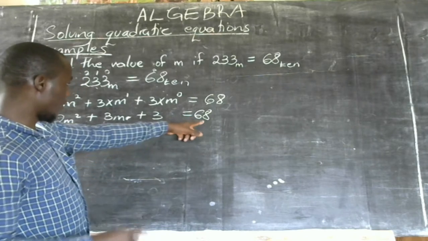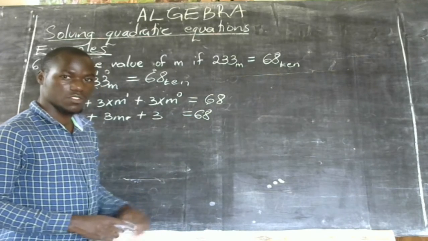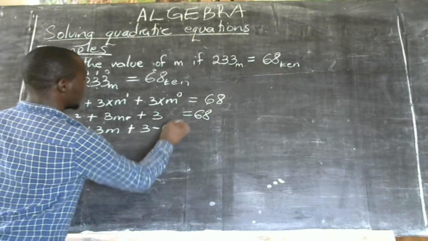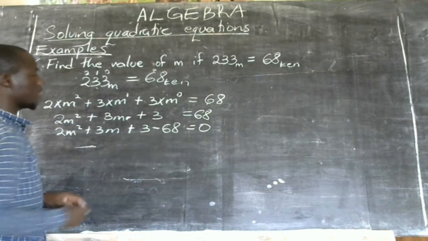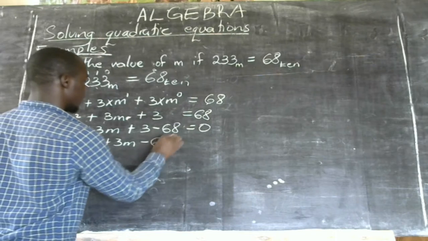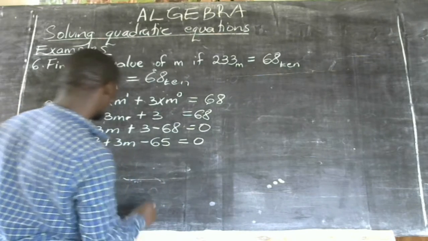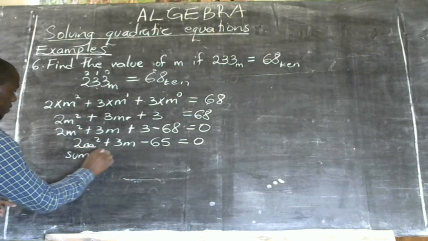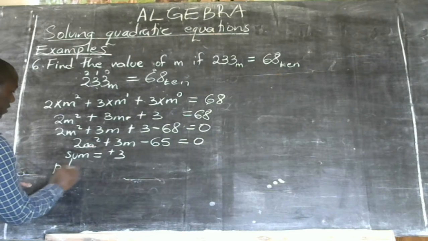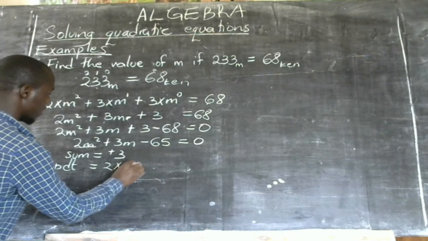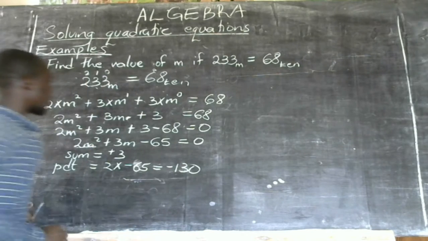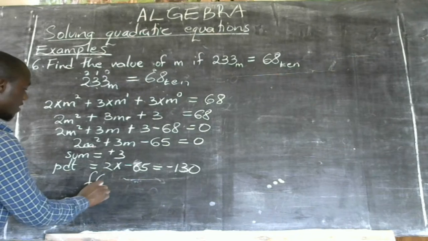Then on the right hand side there is still a number, so we take it to the left hand side. So this becomes 3 minus 68. When we subtract there, we have minus 65 is equal to 0. Then now we identify the sum as positive 3, and the product as 2 times negative 65, which will be equal to negative 130. So the factors there, I have